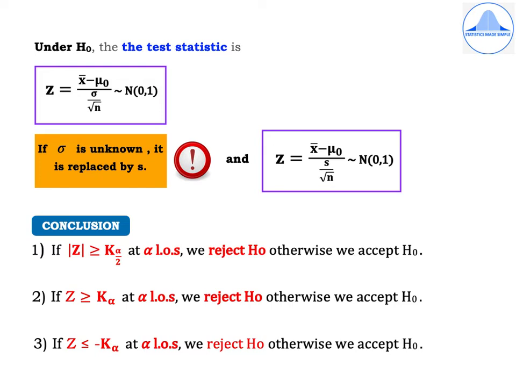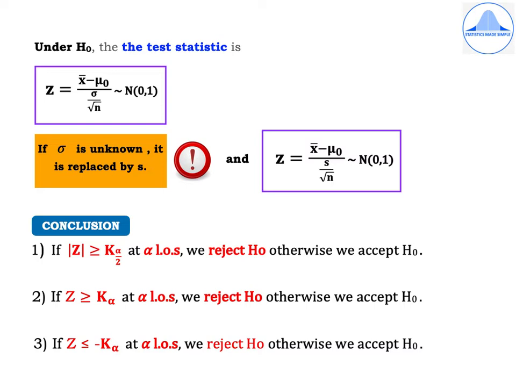Here I would like to mention that though the answer for z will be the same whether we use sigma or s, a mark will be deducted if you don't identify whether it is sigma or whether it is s, because it means that you haven't understood the basic concept or the basic notations which are used in the statistical inference chapter. So we need to identify the terms very carefully in a given problem.